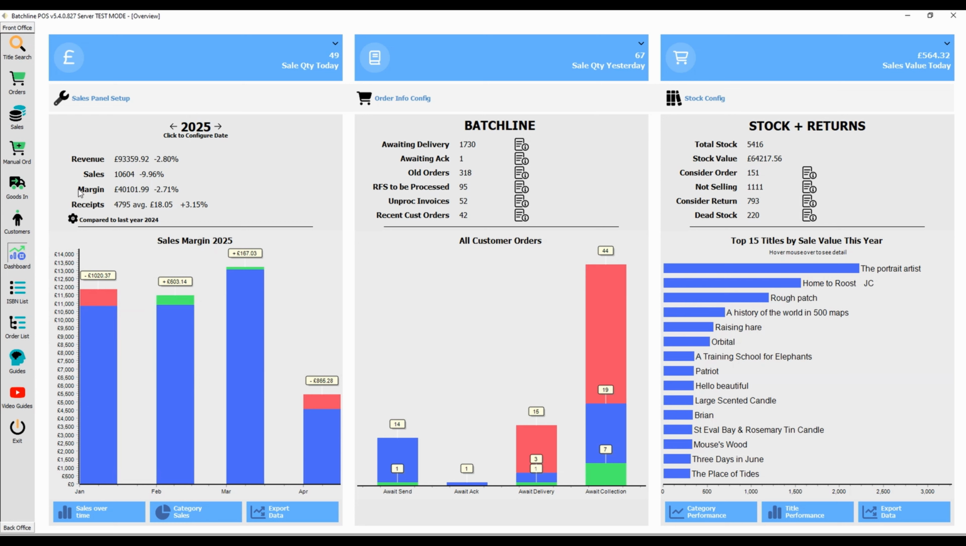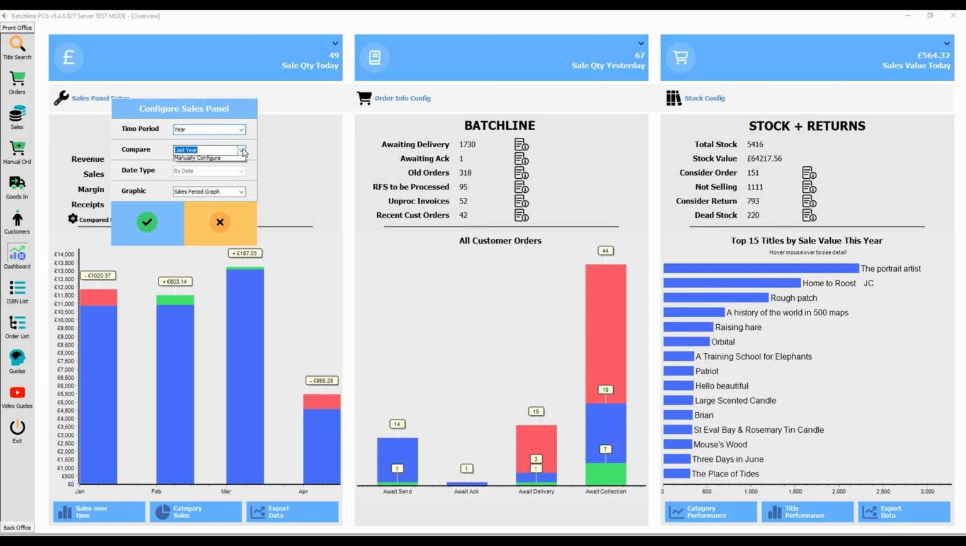Up on this upper portion here, we're always going to see the same thing. We're going to see the revenue, the number of sales, the margin, and the receipts, the number of receipts, and then what the average value of each of those receipts was. And so this will always refer to whatever this is saying up here. So that's for 2025. So if we wanted to change that to, say, this month,